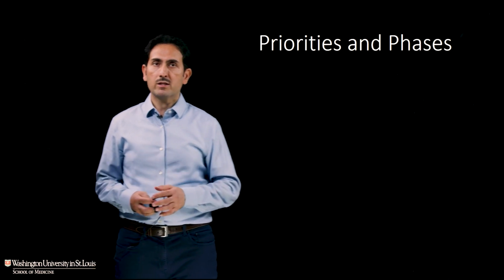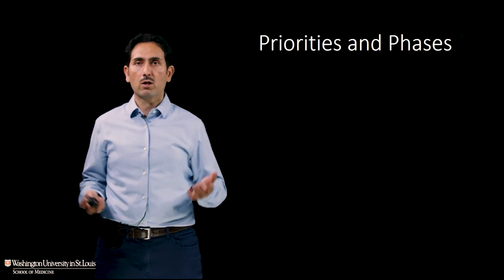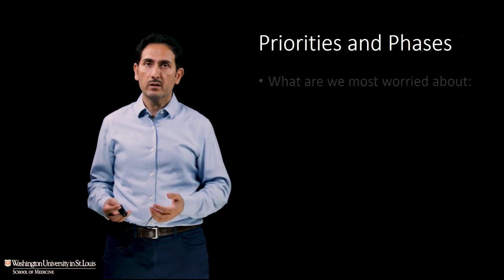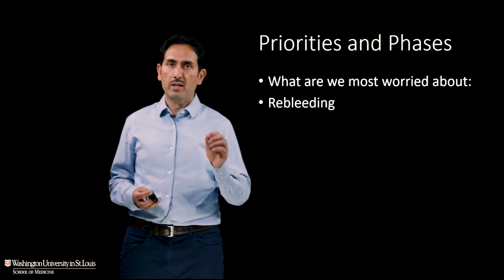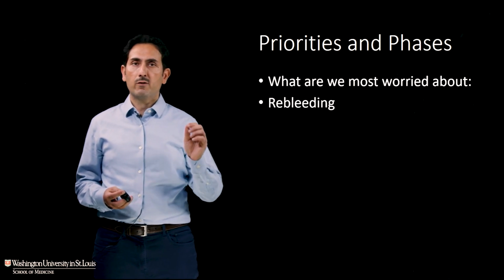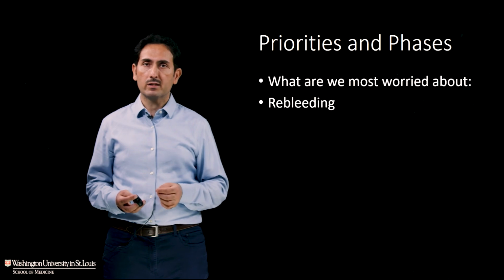So then when we have a patient diagnosed with subarachnoid hemorrhage, what are the priorities? Well, the first priority is finding out what is the cause and preventing any more bleeding. So what are we worried about? So rebleeding is number one. We want to prevent more bleeding because we know that if a patient has more bleeding, that can be fatal. In fact, half of people who have rebleeding die.